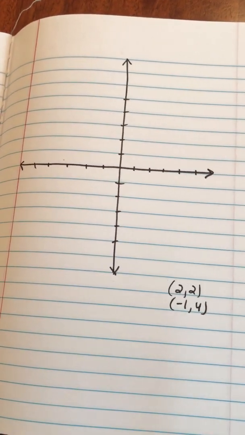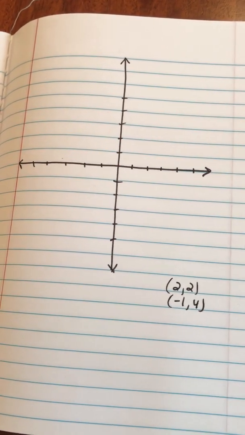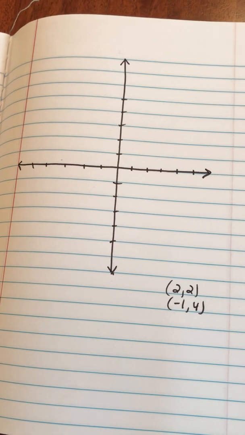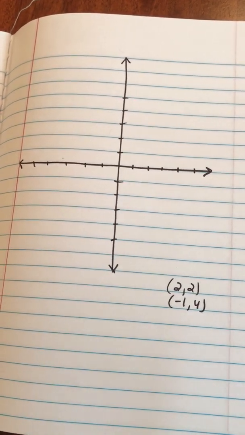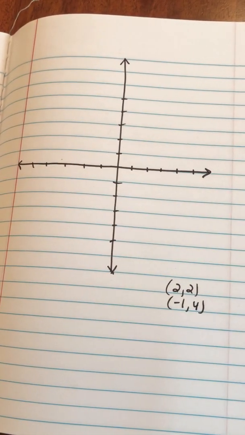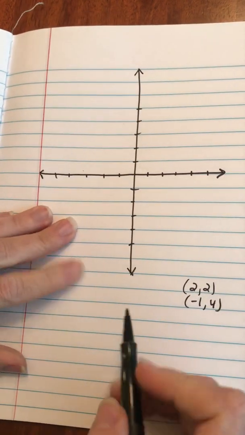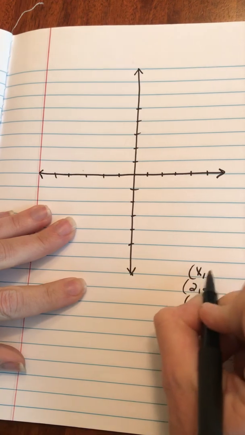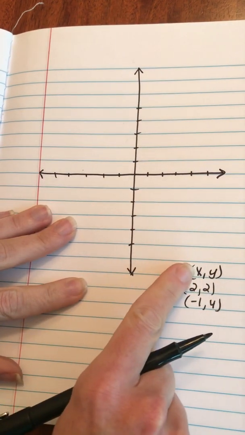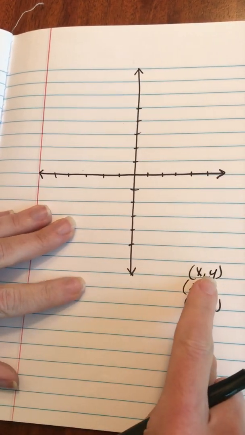Okay, so today in class we looked at how to find the distance between 2 points on a coordinate plane using the Pythagorean theorem. So let's say we wanted to plot the points (2, 2) and (-1, 4). Remember, these are written x comma y, so your first coordinate is going to be left to right and your second coordinate is going to be up and down,